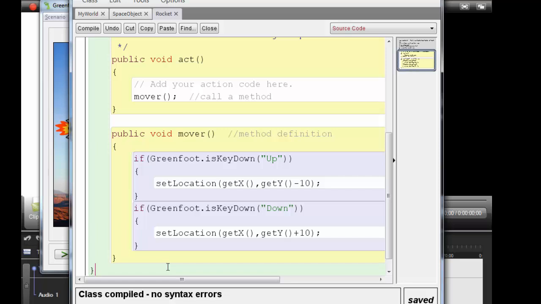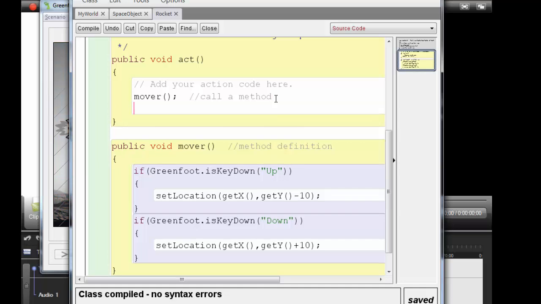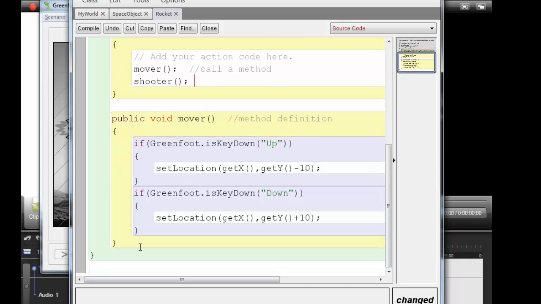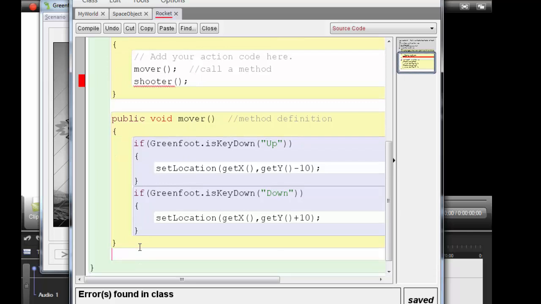Okay, let's continue. The next thing we want to do is to actually try to shoot down the pizzas as they come towards the spaceship. Like I say, your spaceship is your mover. In addition to the mover, you also want, let's call this the shooter. So that's the shooter method. Okay, so your shooter method must now